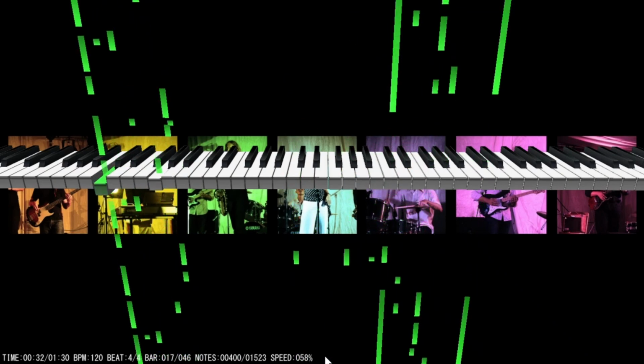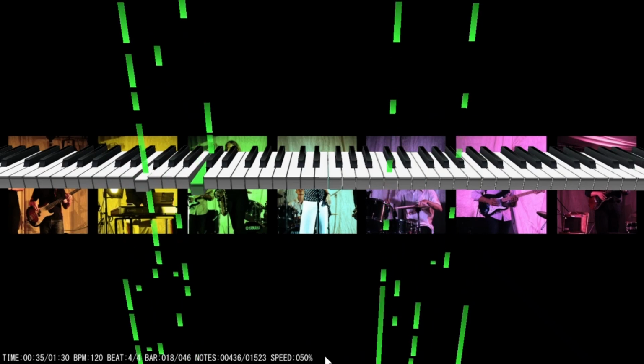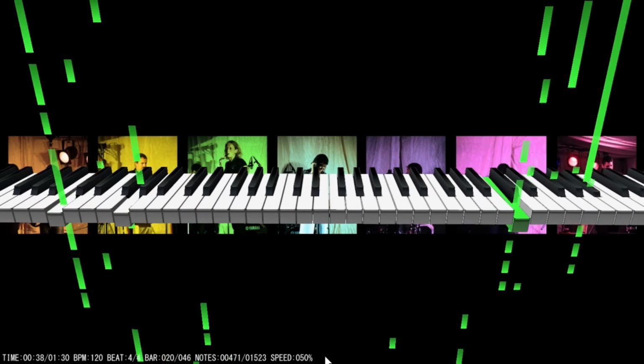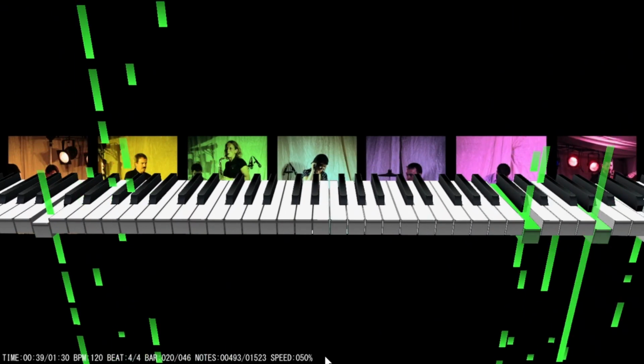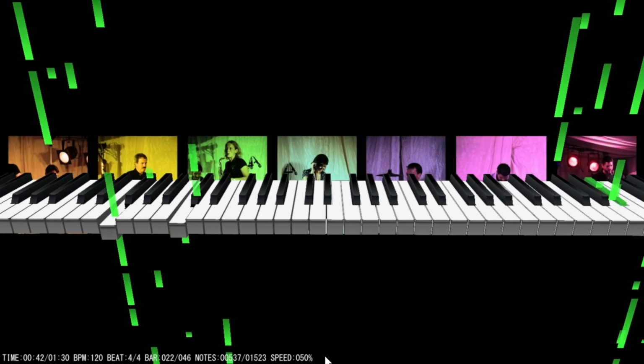Now what I'll do is slow this down. This is probably the most important aspect. And you use the number 4 key, and I just toggle that. And you can see down here at the bottom the speed and the percentage of the original tempo. So I'm moving it right down to 50%. Okay, you get a very good aspect here, and I'm sure you can think of many options for learning the piece,